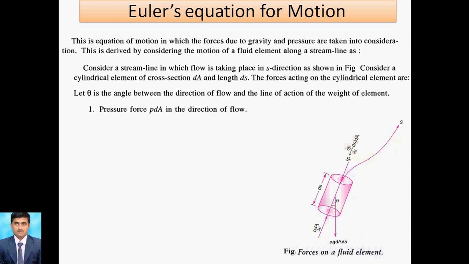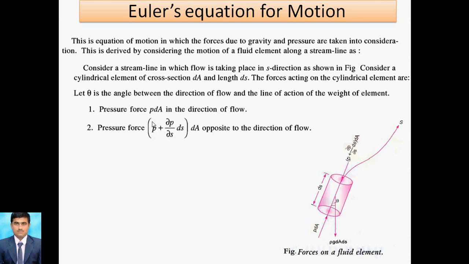First of all, we know the pressure force in the direction of flow is PdA, and for this purpose (P plus ∂P/∂s ds) into dA. Why can we take it? Suppose ds has some value, and if we take ds as 0, what will happen? Only PdA remains, because ∂P/∂s into ds is 0 when ds is 0. So this cylindrical element is reduced to only a circle, only a circular element remains, because small ds becomes 0, that means only PdA.